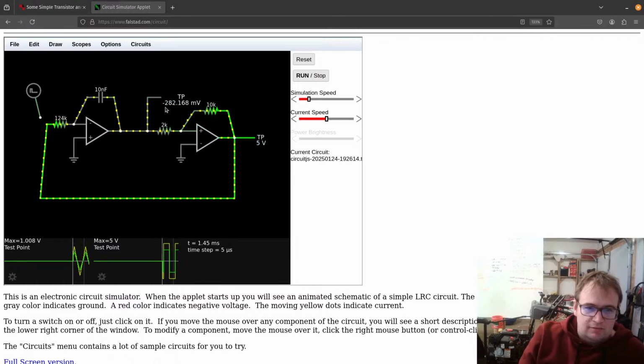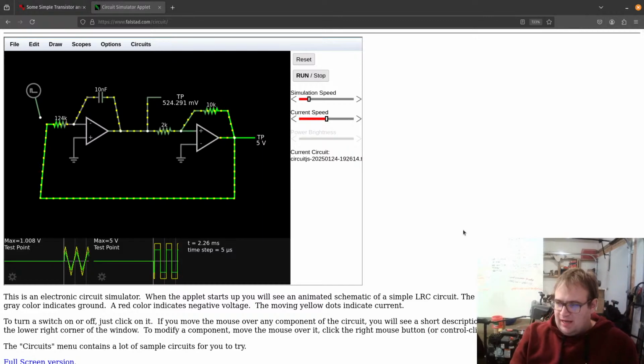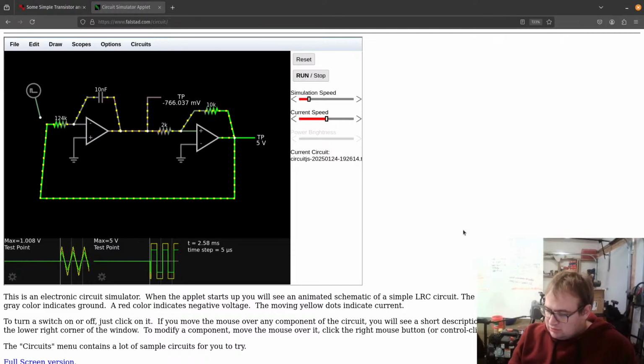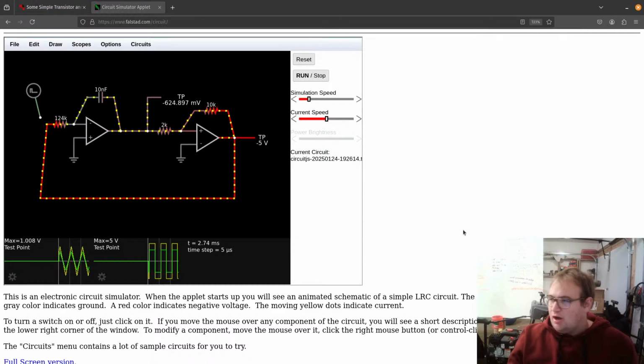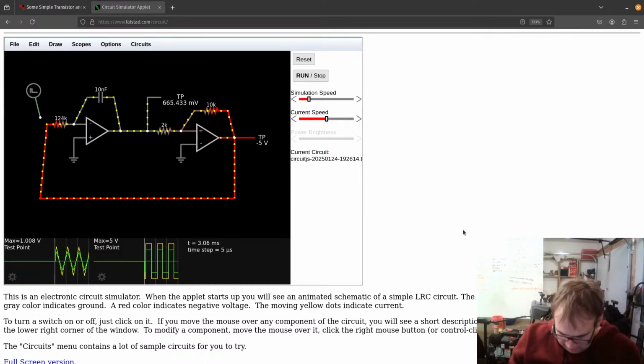And we're gonna go down, down, down, down, down. We're gonna hit minus 1 volt, and then it goes to minus 5 volts. So I think I finally got that circuit. If anybody had any questions or comments about the circuit, that'd be great. I'm gonna cross it off finally,